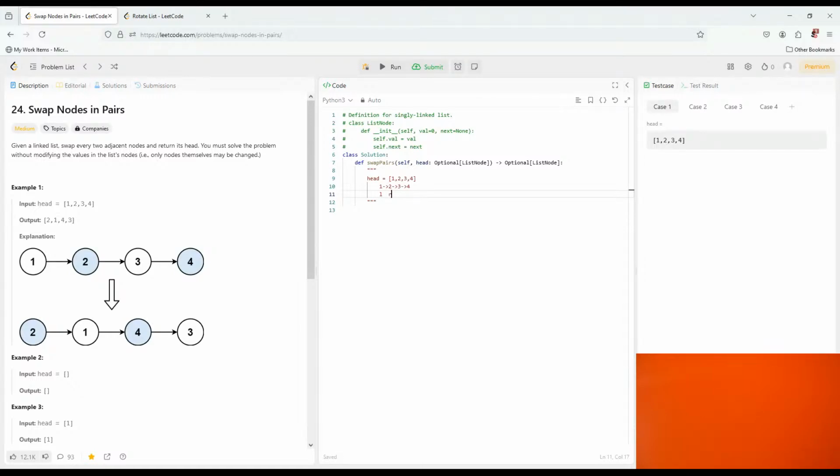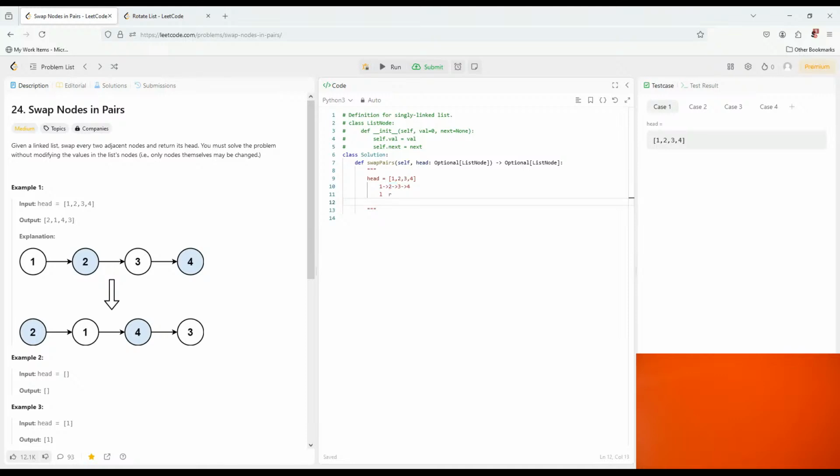So the swapping process will be similar to reverse, but without, okay, so